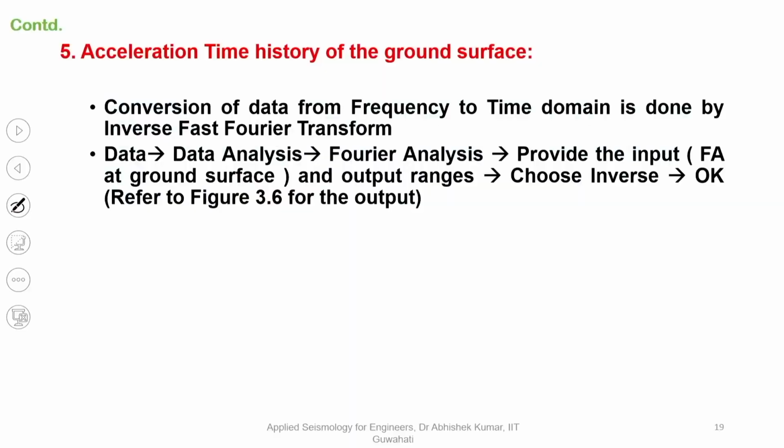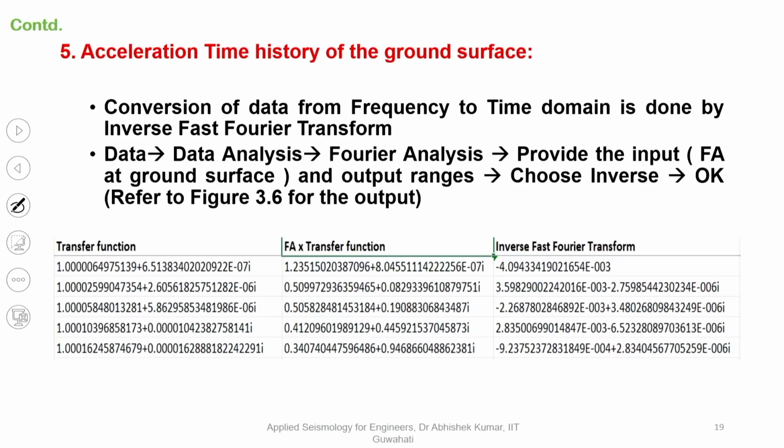So, again for that you go to Data, Fourier analysis, and provide the input, that is the Fourier amplitude at the surface. Fourier amplitude at the ground surface is equal to Fourier amplitude at bedrock multiplied by the transfer function, and then you choose inverse, which is already there in the Fourier analysis box, just check on that and then press OK. Now, you see over here also, Fourier amplitude times transfer function is going to give you the Fourier amplitude at the surface. Do inverse fast Fourier transformation by checking the inverse checkbox,